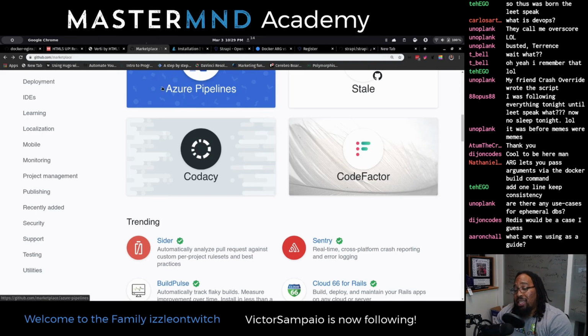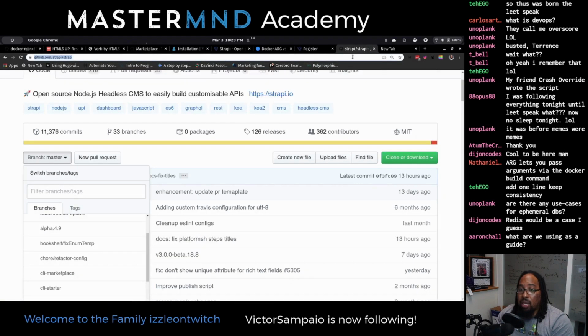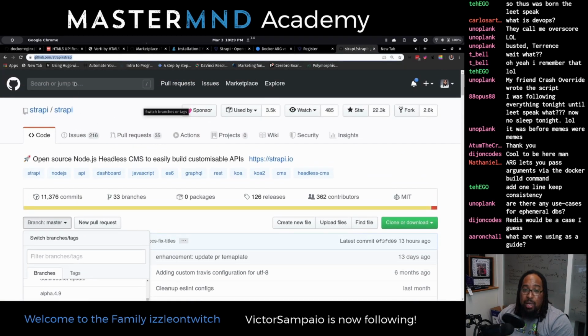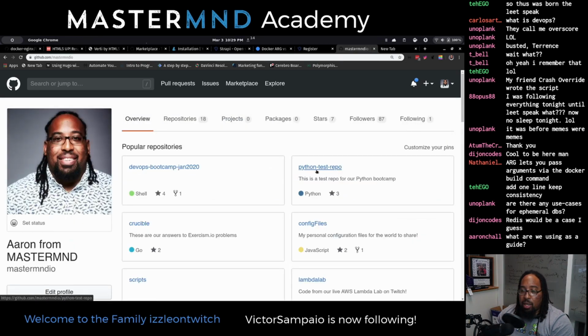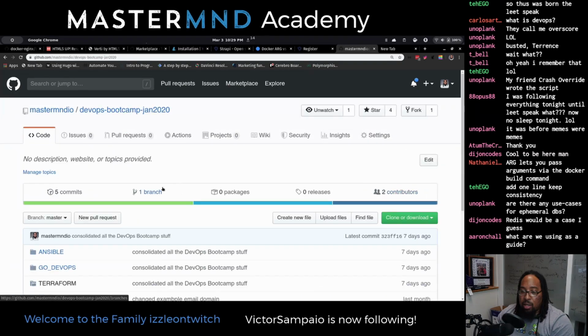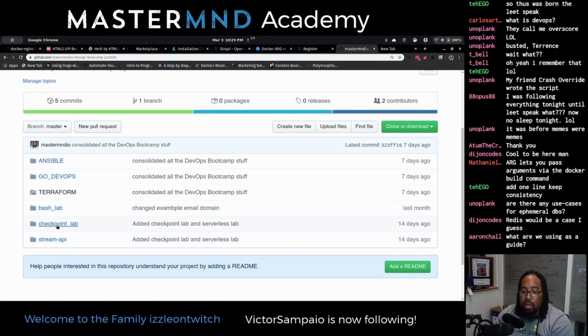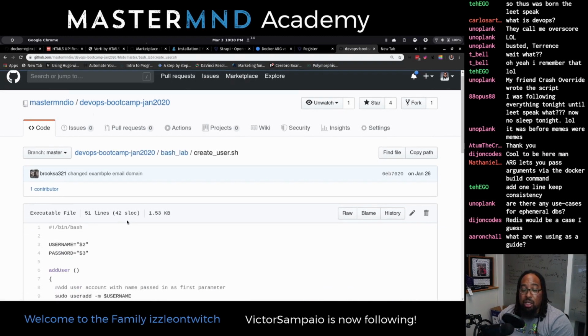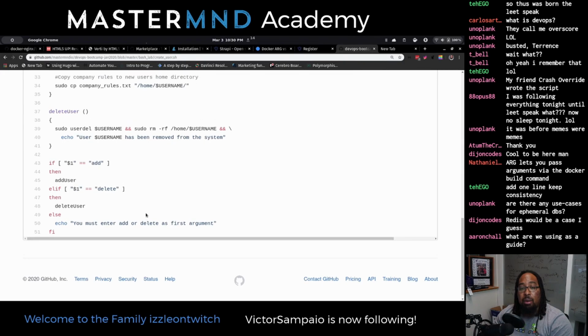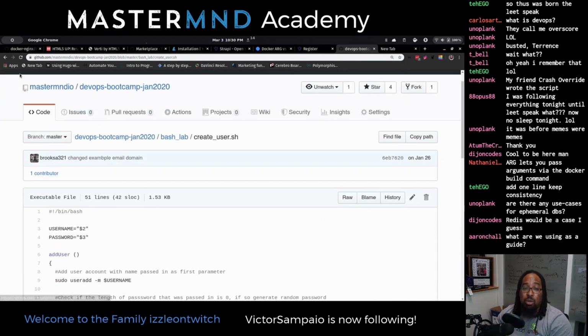Maybe even go back to the Bash scripting lab and take that script out of GitHub. Let's see, Checkpoint Lab or Bash Lab? Checkpoint, I think it's the same thing. Maybe you Dockerize this Bash script that we wrote. Try that out so that you can run it in a container.